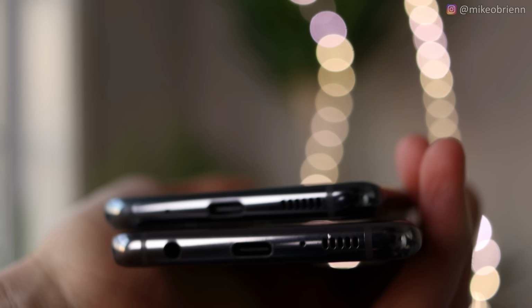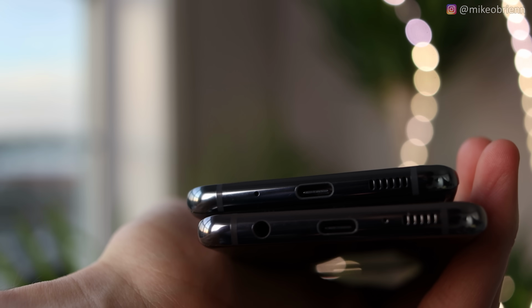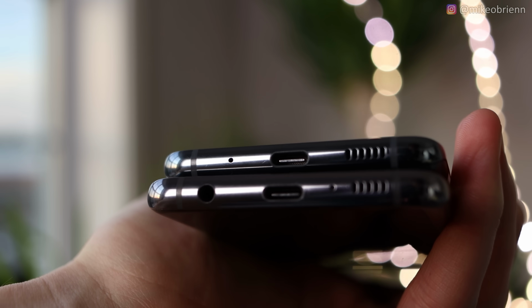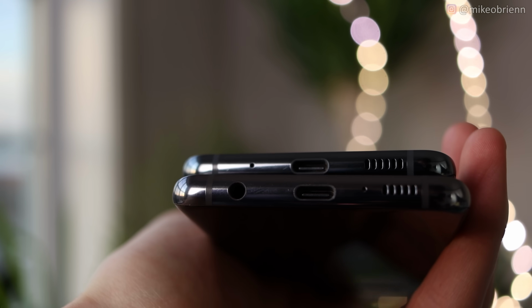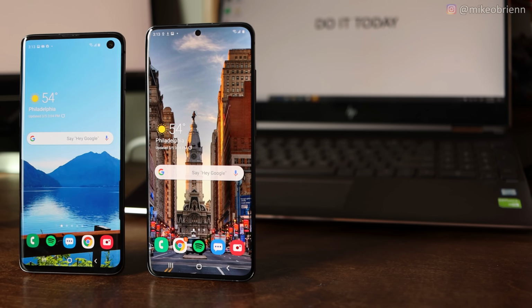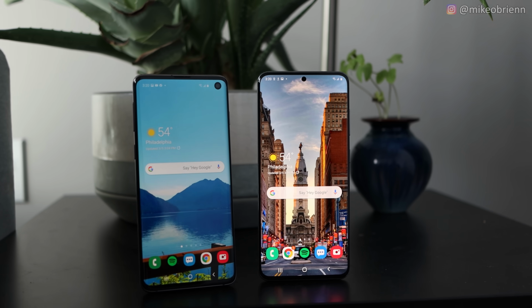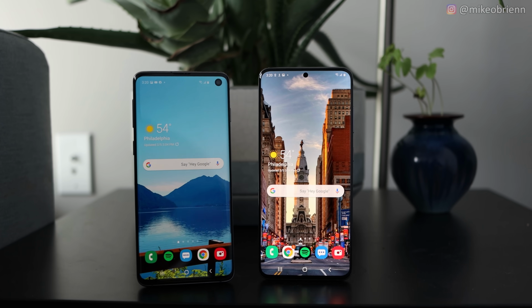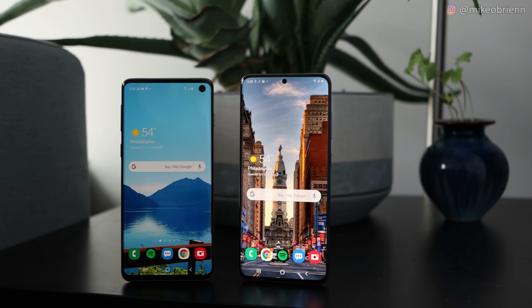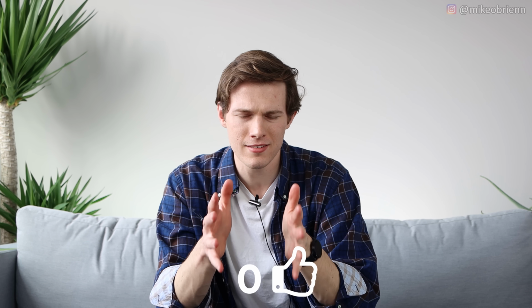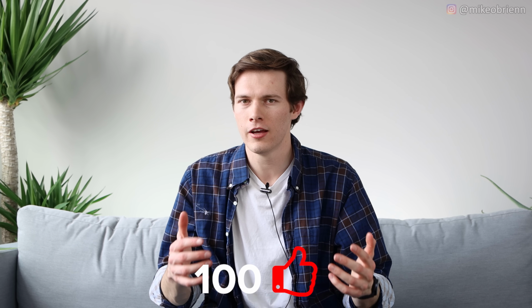On the bottom of the phone, you'll see that the S10 did actually come with a headphone jack, whereas the new one does not. The S20 is only slightly heavier, coming in at 163 grams versus 157, and I think that may be in part due to the larger battery on the S20, which is 4,000 milliamp hours versus the 3,400 on the S10. So I realize based on the first category, it may sound like the S10 is almost a better phone, but I think once we get into the second category of screens, you'll really start to see